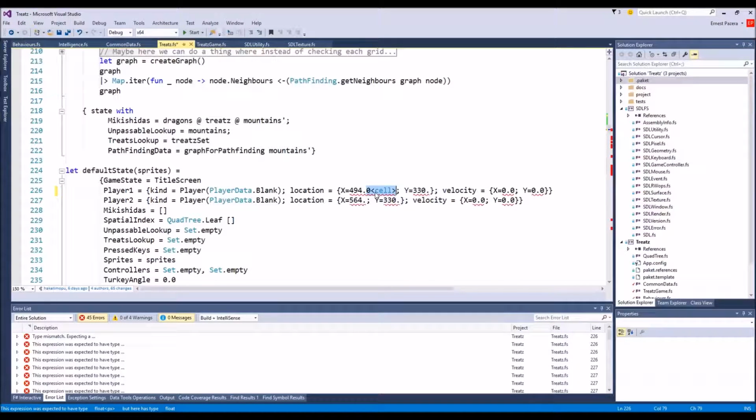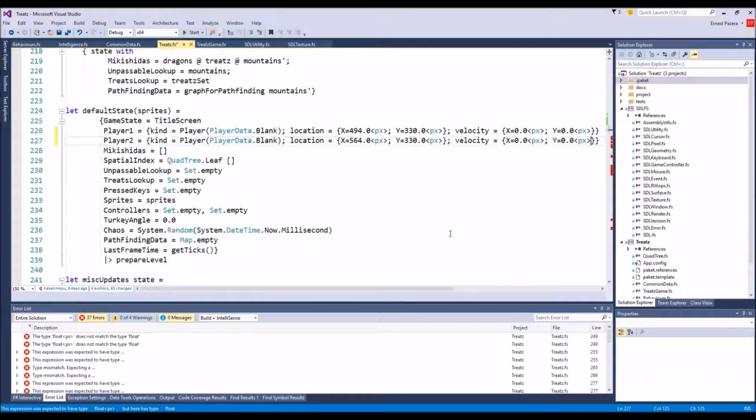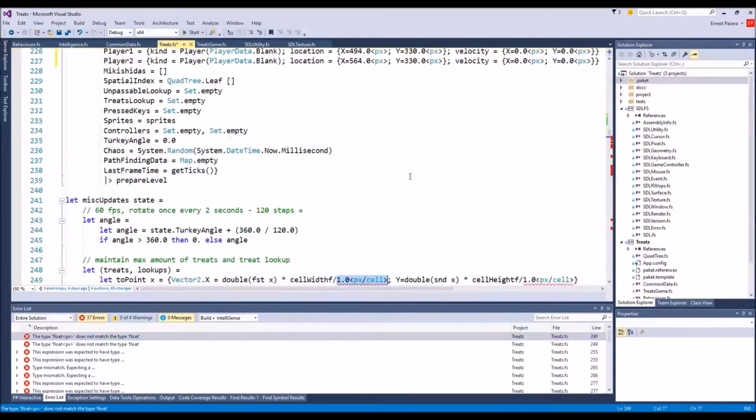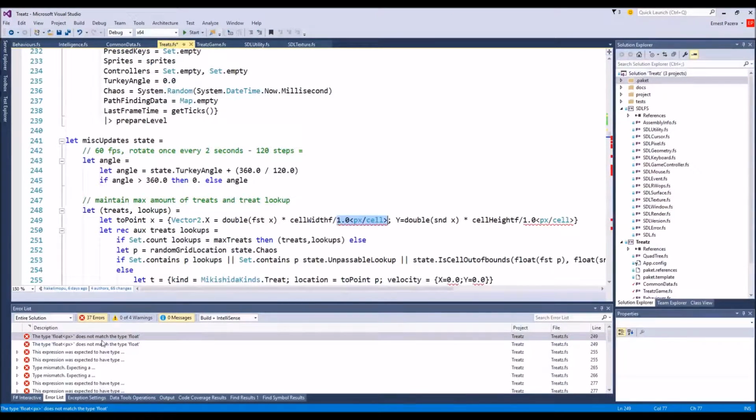Is that right? Well, PX, PX, sorry, PX. Here, PX, oops, selecting things. PX. Okay, 37. Okay, so